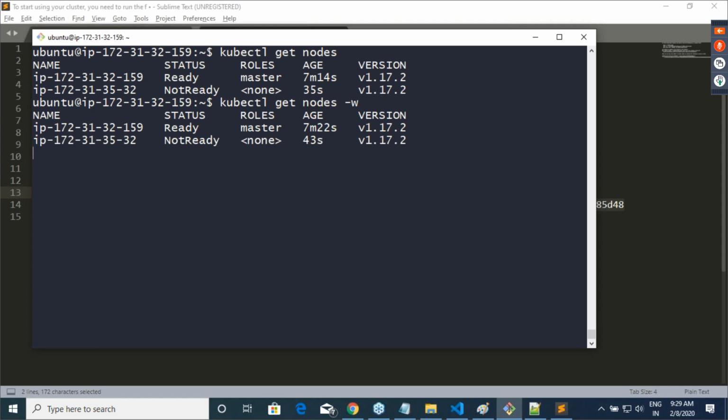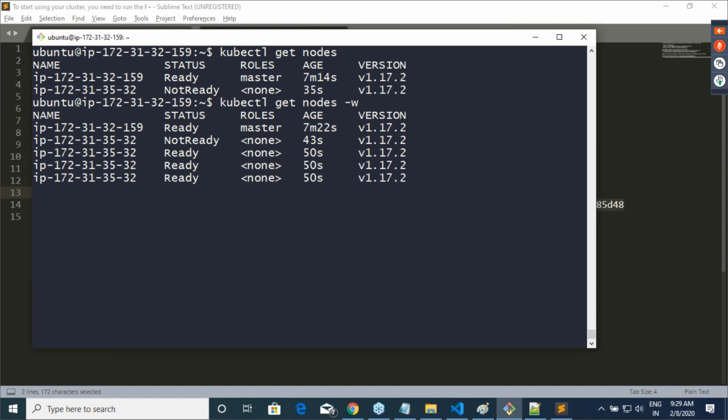Generally, if you give -w to your commands, it will show you until the state changes. So in Kubernetes we have that -w. Whenever you are executing some command and it will take some time to reflect, and we want to see all the changes, then kubectl get whatever it is -w. When we started this 32, it was not in a ready state. When it turned ready, it showed us, rather than you executing this command multiple times. -w basically stands for watch this command for changes.